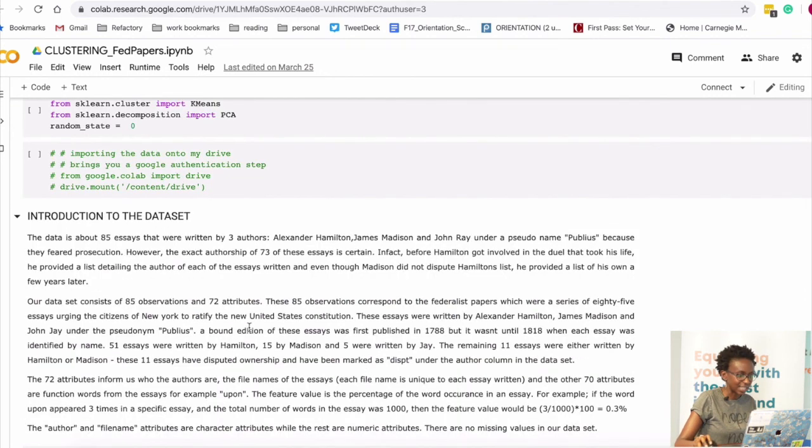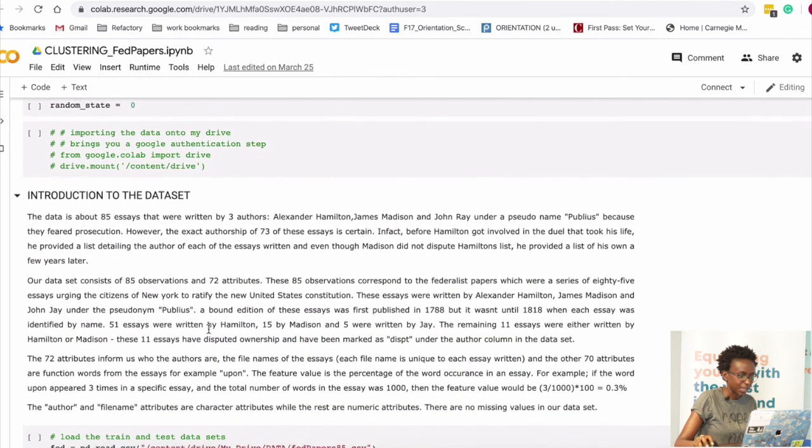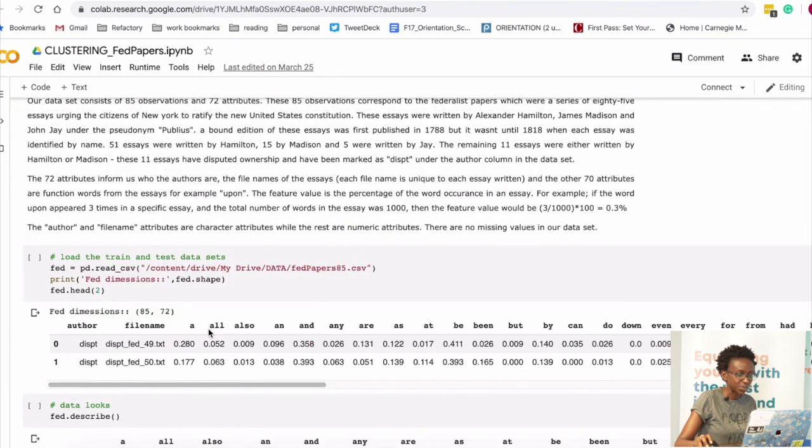This data set has 85 observations and 72 features, and you'll see that most of the features are actually words that were used in the different essays. The idea is that different authors have different ways of writing, and some authors use certain words more than other authors, or they use certain